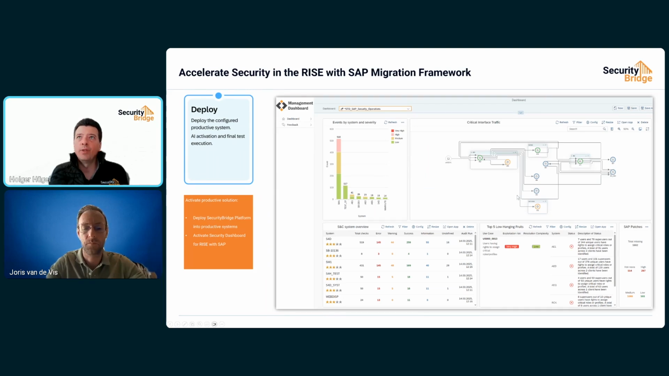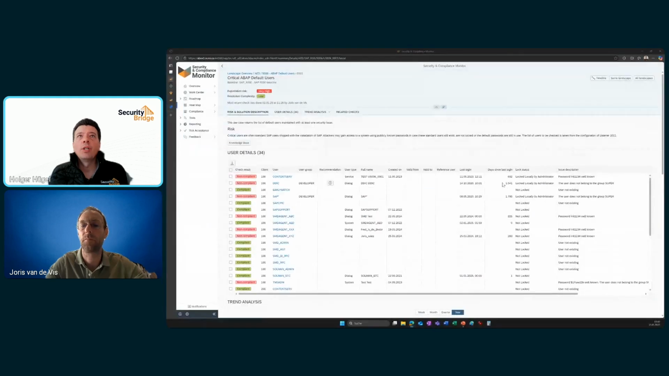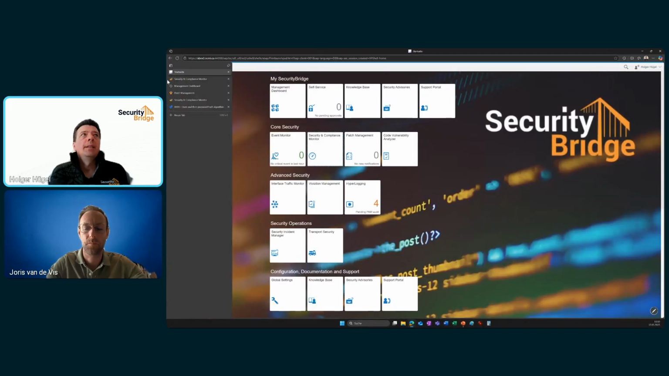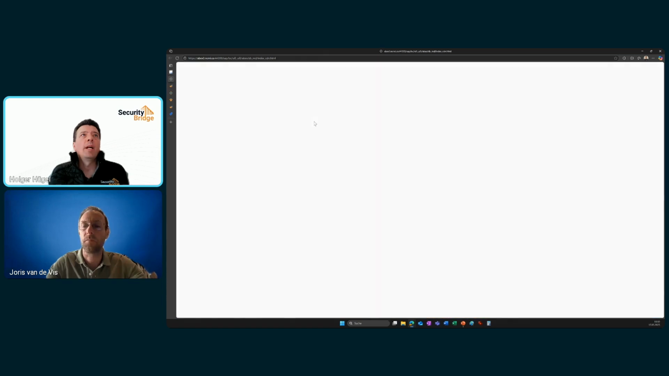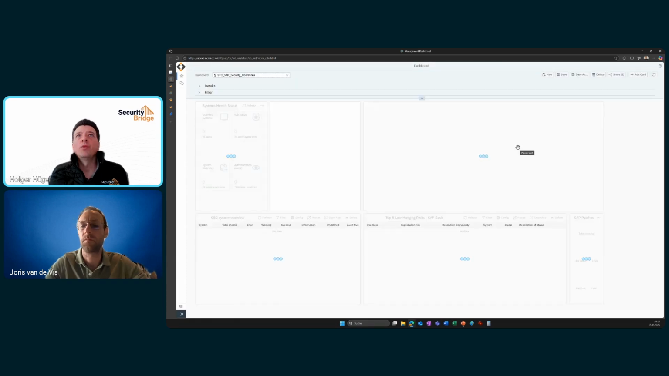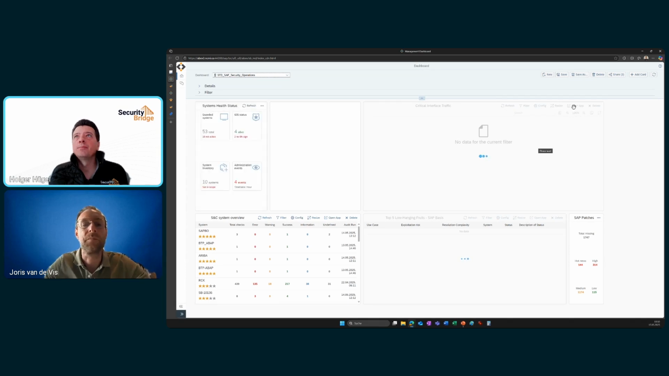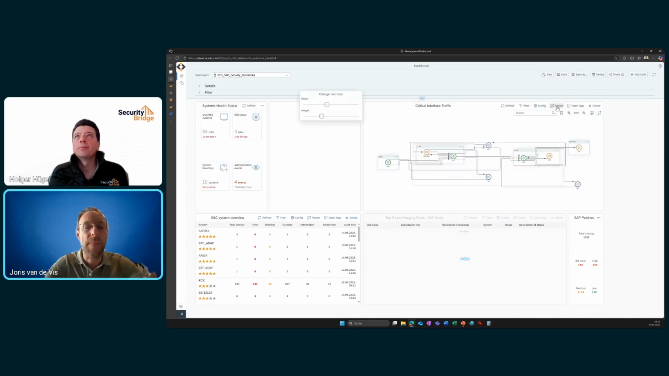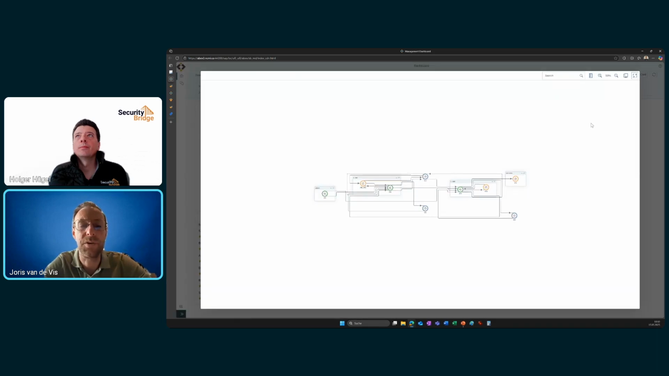Now that you are covering more systems, you might also want to have a look at the interfaces there. So let's also go there and let's pick up again the dashboard. We've been there actually before, and focus on the interfaces. Yeah, and this is really a great example of one of the many functionalities that the SecurityBridge platform offers, because